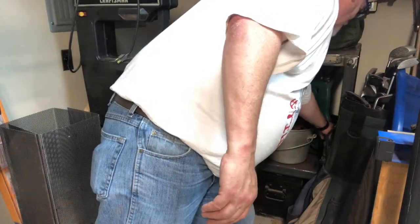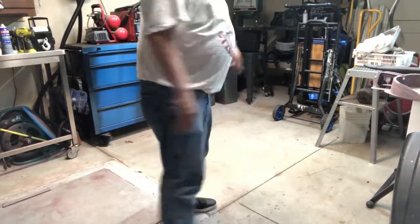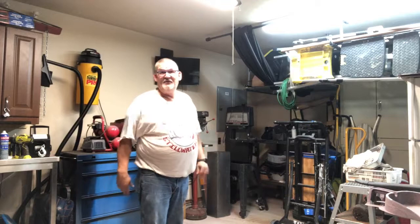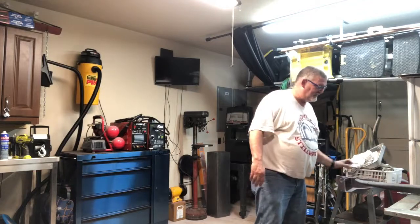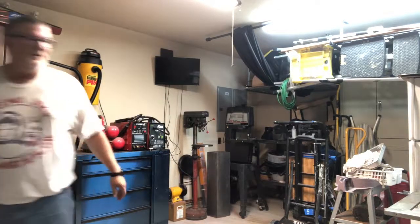And then I got a bunch of hard drive discs and stuff over here from computer hard drives that I do some aluminum brazing on. I want to try my hand at doing some artwork. Doing some artwork with silverware. It's fun to do. Here's something else that I did. Still got too much junk in here. This table here,